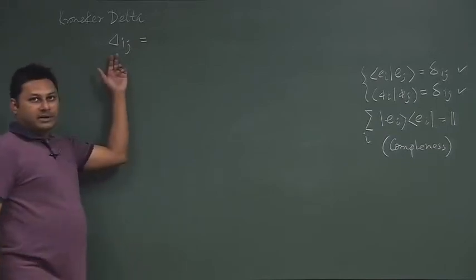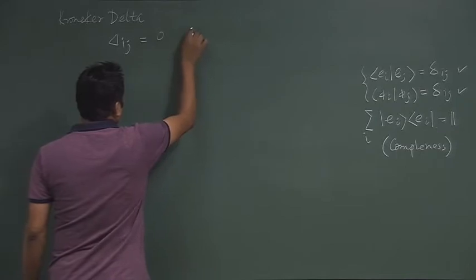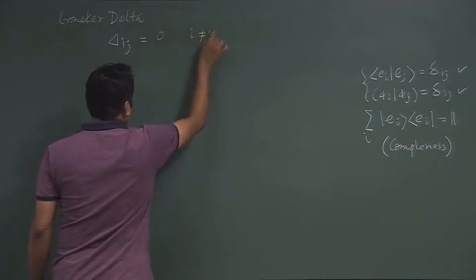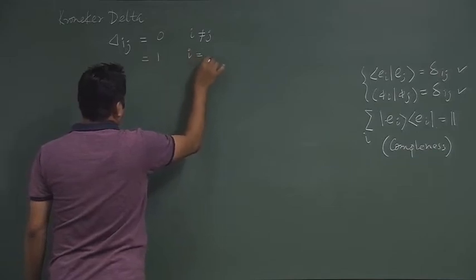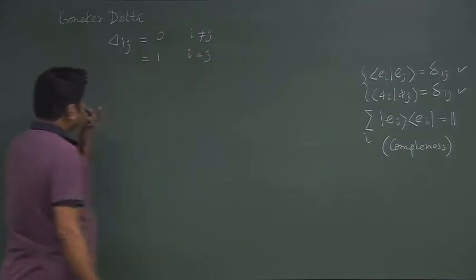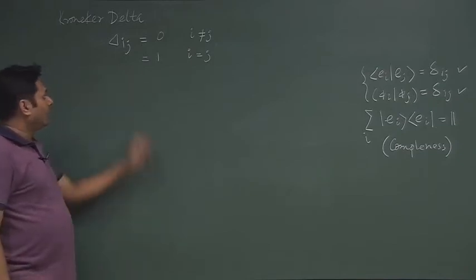So this is the property of this delta ij: it is equal to 0 when i is not equal to j, and equal to 1 when i is equal to j. Something like delta ij, but Kronecker. So what is the